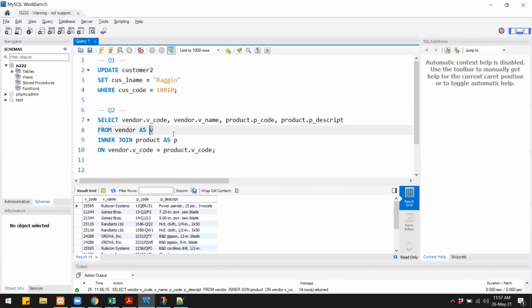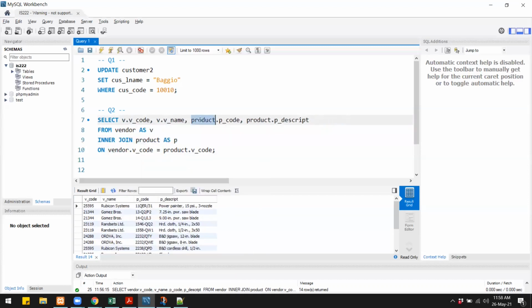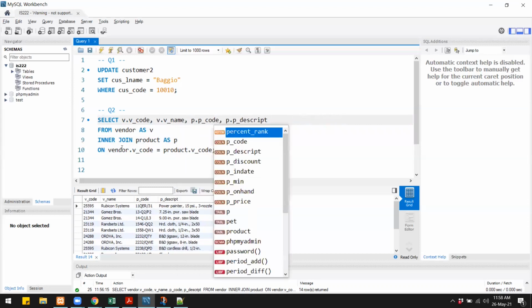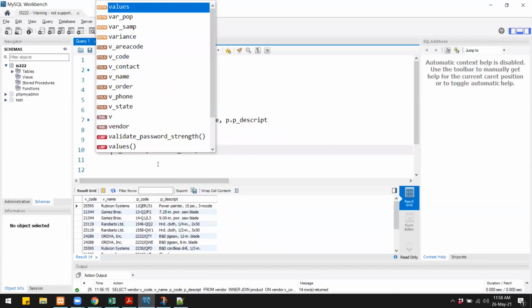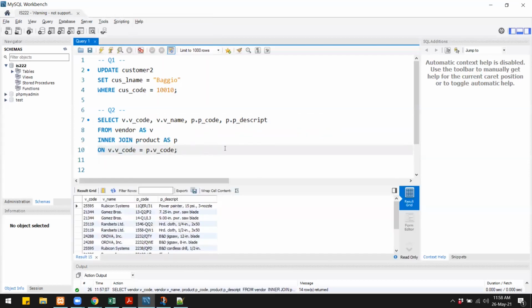V is the nickname of vendor and P is the nickname of product. And now instead of writing the full table name, we can just write their nickname. So for vendor it is V, and for product it is P. Then same goes over here. For vendor it's V and for product it is P. Now when I run this, we get the same data.